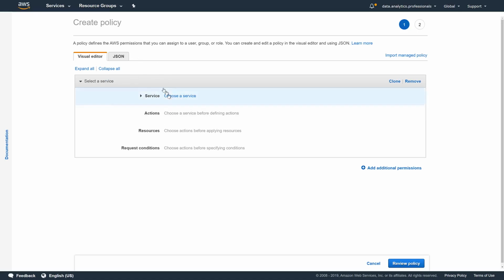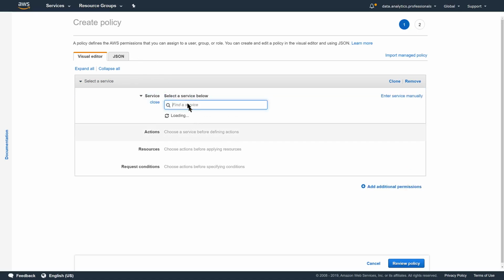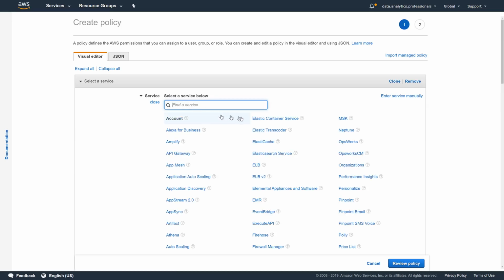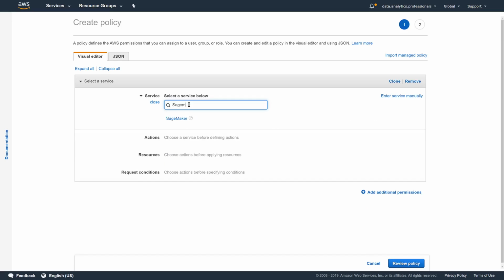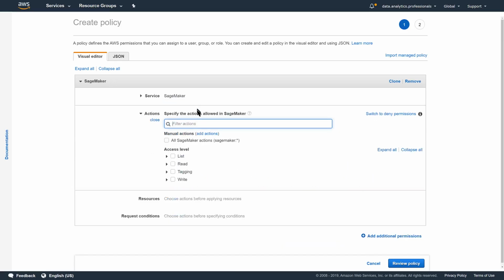Then here in services, we choose SageMaker. We can choose directly from here if we want to, but it's best to write some prefix here and you will get SageMaker. Okay. Once you find in services SageMaker, you click on the SageMaker,